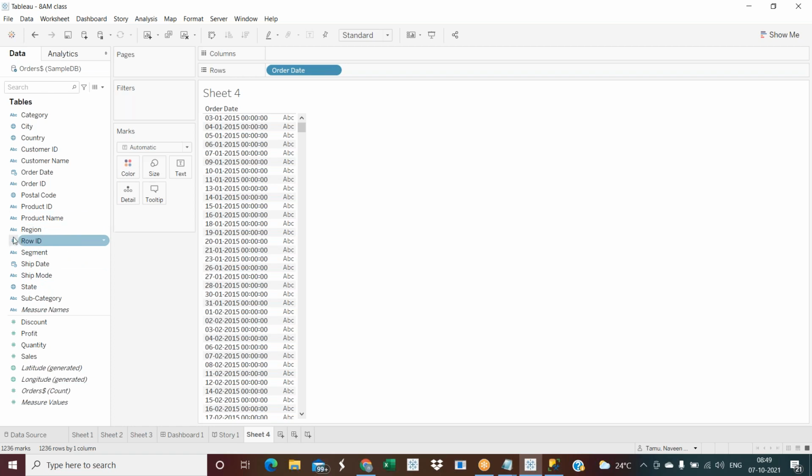So this is where you can see the hash symbol. This is an integer, they call it a number also. So these are all the data types. Only four to five data types we have. Just remember: string, integer, date, date and time, geographical. These five things you need to remember. ABC will always define string characters, and the hash symbol will always define integers. So this is the way.